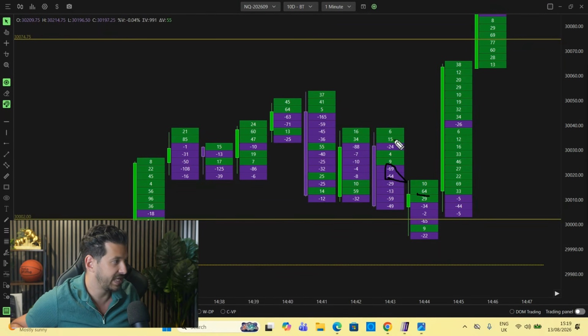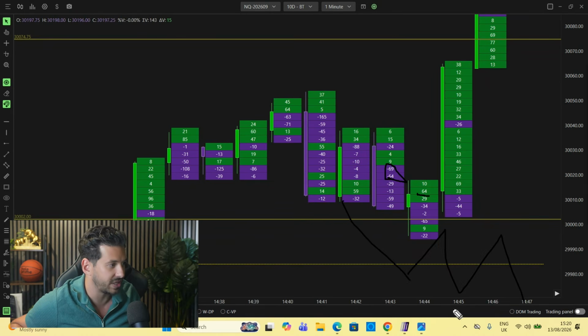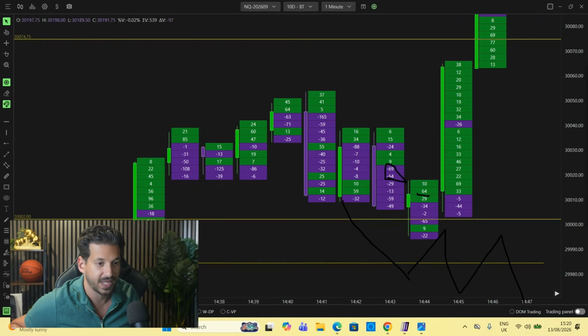Okay. So in this kind of area, you really want to be looking at buying unless the market pushes down a bit more and creates a little bit of structure, some kind of bearish structure. Then you're like, okay, I can start looking at shorting the market. But at this moment in time, you really only wanted to look to buy for a continuation anyway, right? So we're seeing, so again,